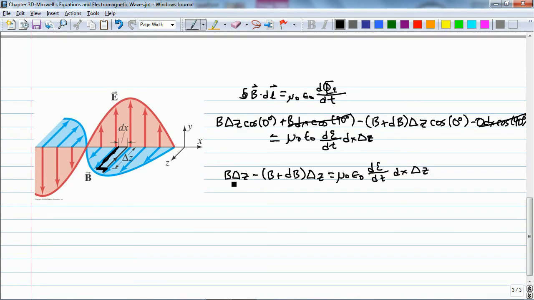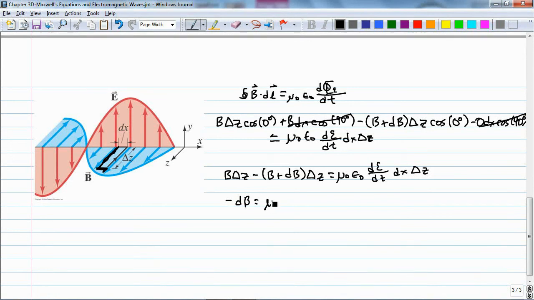Well, the magnetic fields are going to go away, and I'm going to only be left with a differential magnetic field, and that's negative,